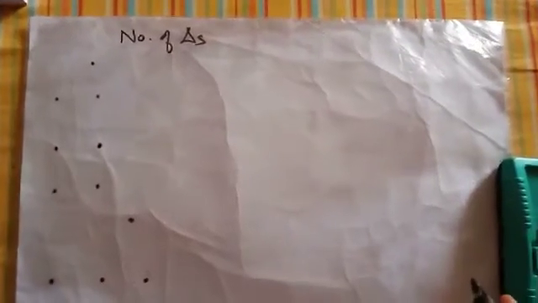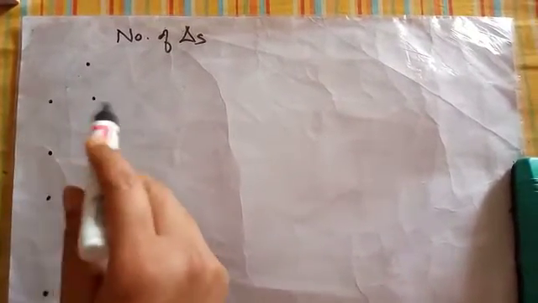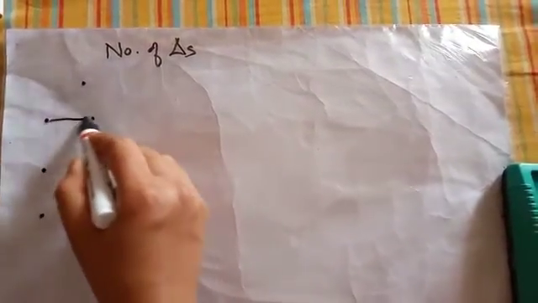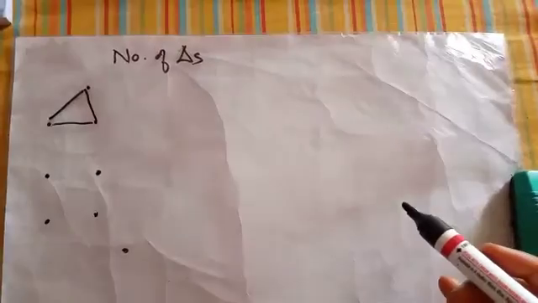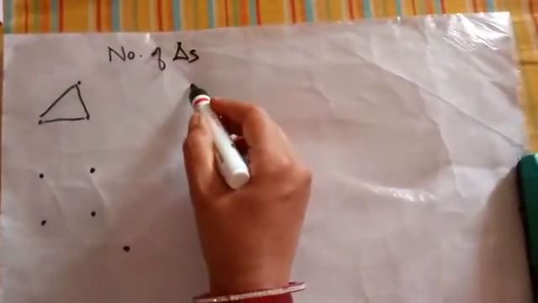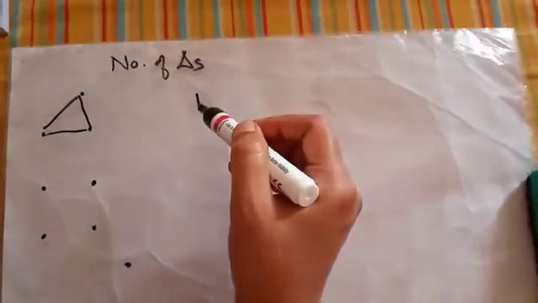Let us understand the concept of the number of triangles if we are given a certain number of points. Suppose there are 3 points. Out of these 3 points I need all the 3 lines. We have to select all the 3 lines in order to find the number of triangles. The number of triangles formed is 1. With these 3 points I can see 1 triangle.